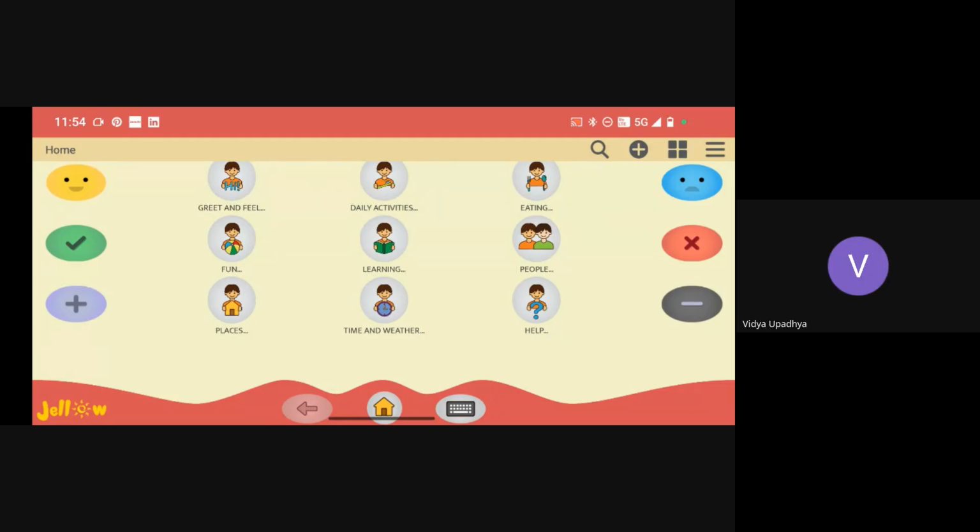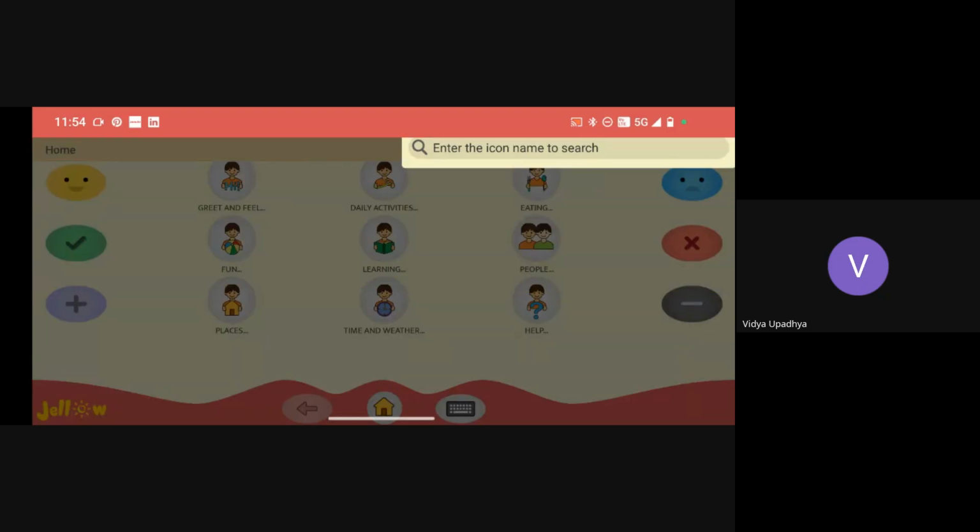So in this section, we'll have a look at the settings of Jello. How can you make our application more suitable to your child's needs? There are two basic features that we'll see first, the search feature and the keyboard feature. If you don't know where an icon is in our application, you can simply search for it using our search icon, which is on the top. So if you click on that,